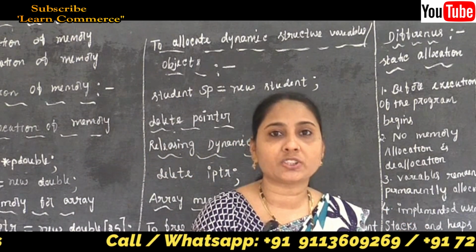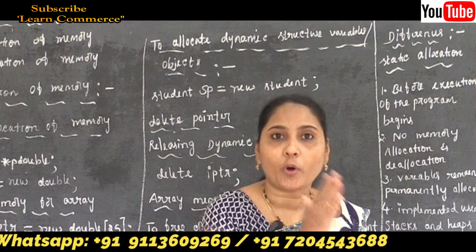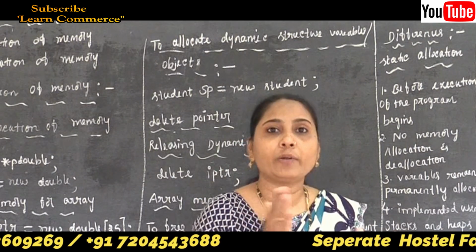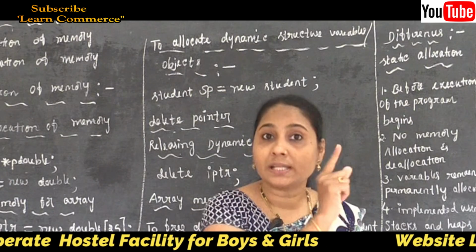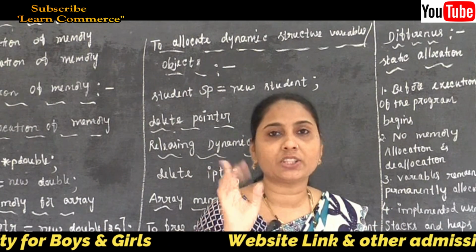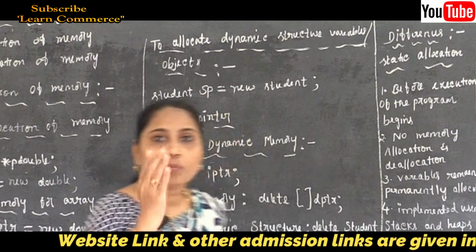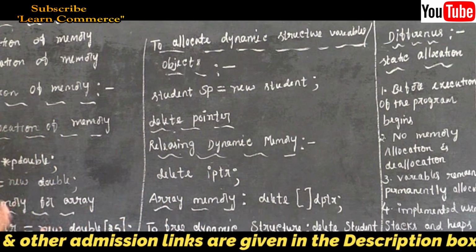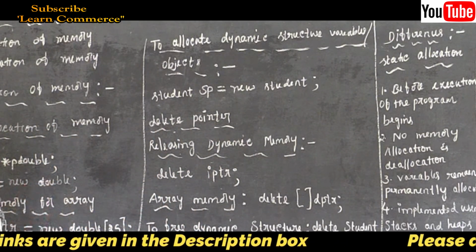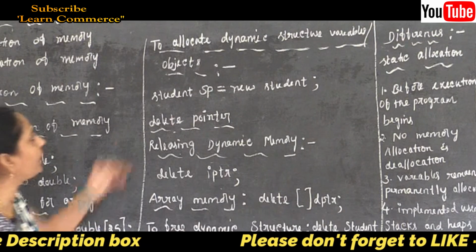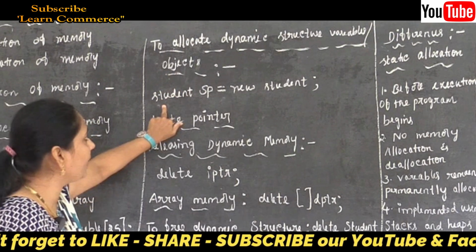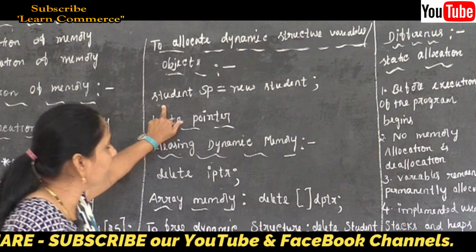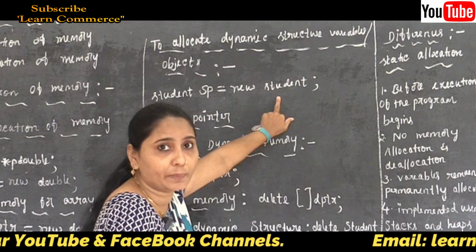Why? Because of the relationship between pointers and structures, while we write the keyword, I used the struct keyword in our structure, and the structure name is Student. So if I want to allocate some extra memory for this structure variable, then you are going to write the example as Student sp is equal to new Student; here.